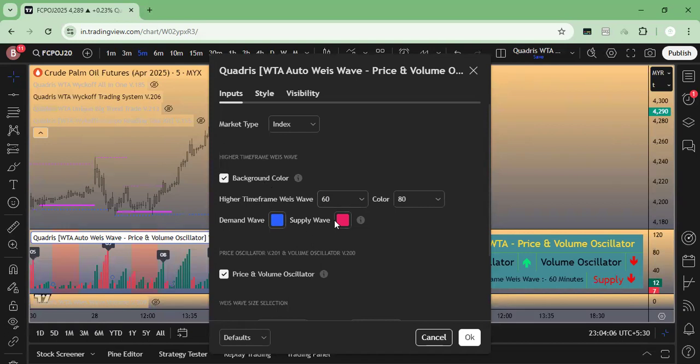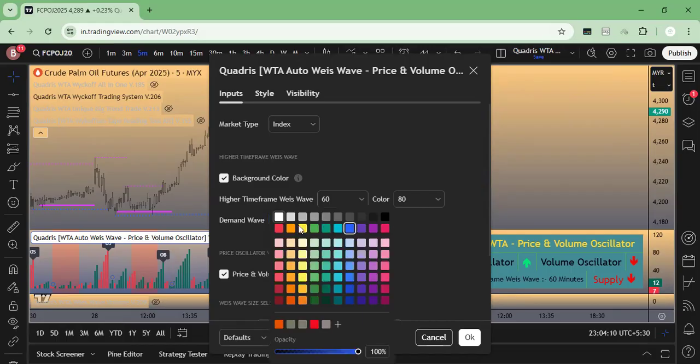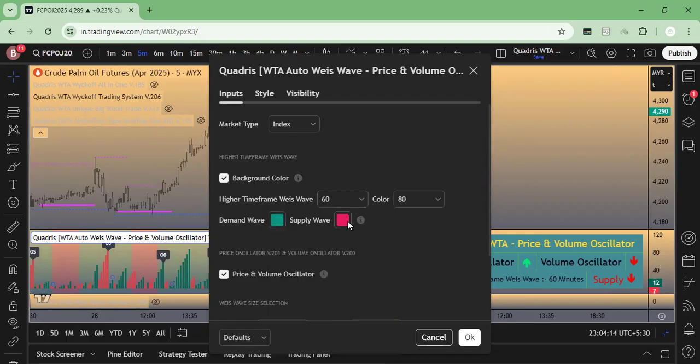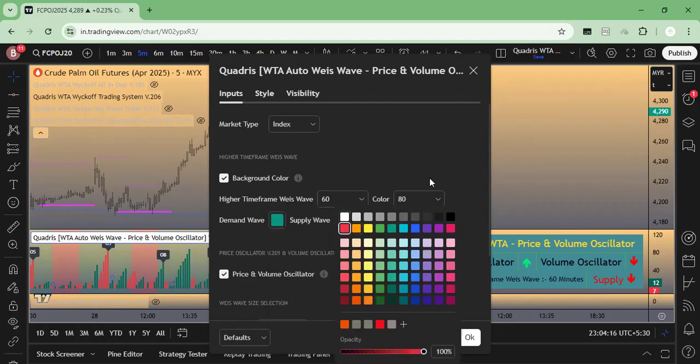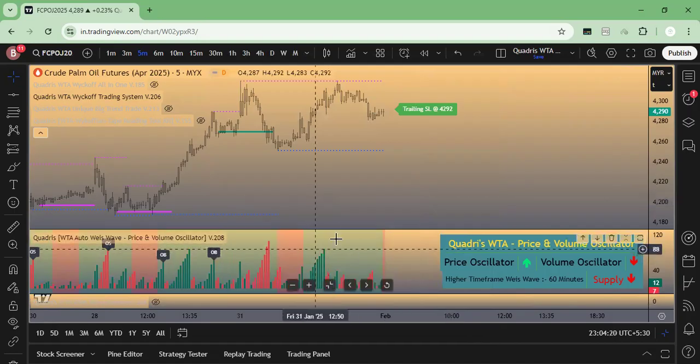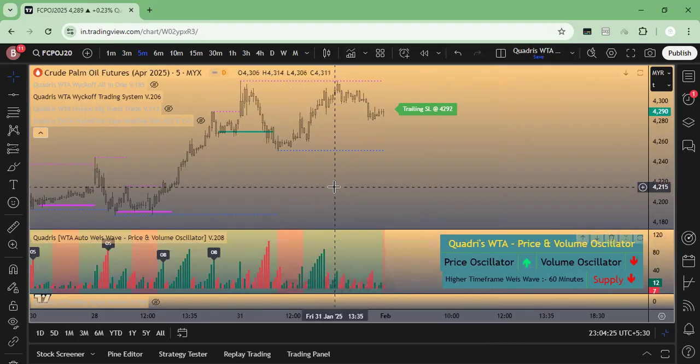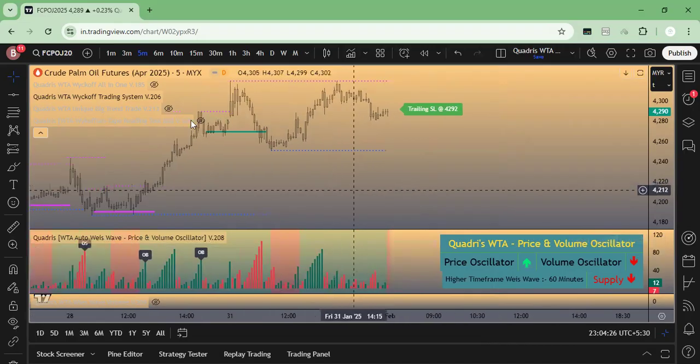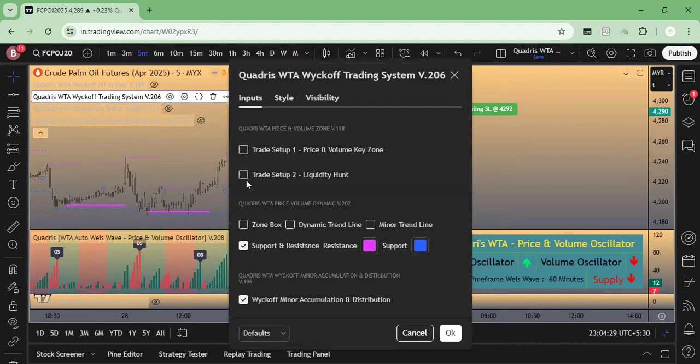The background color I keep as blue and pink. You can change it to green and red if you want, which will give you a better understanding. Green stands for buying and red stands for selling. Opacity should be 80. Now what I would love to look into, what I like to trade based